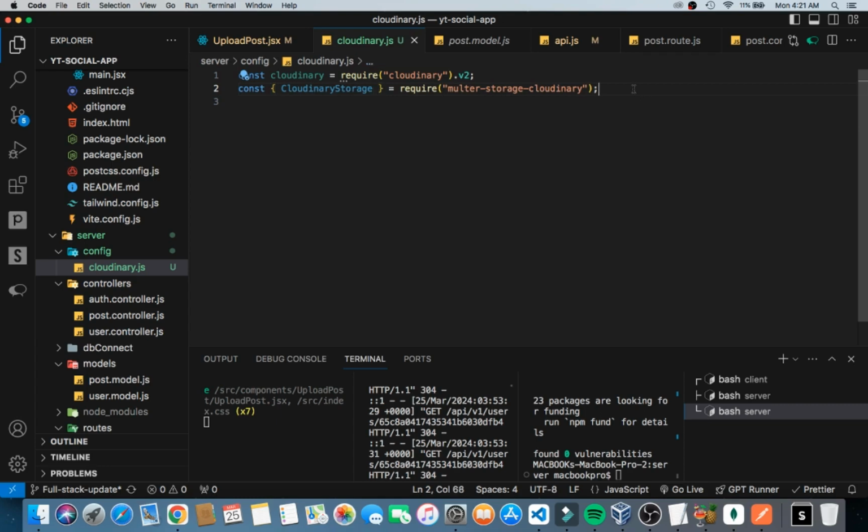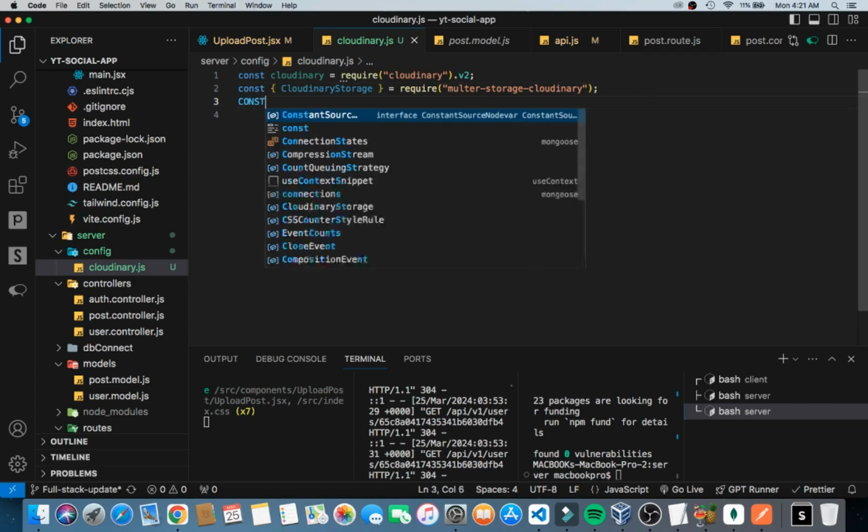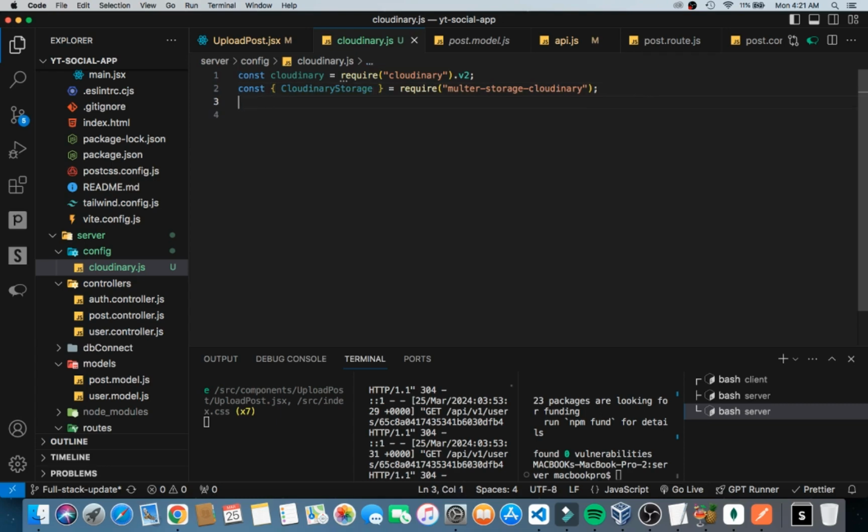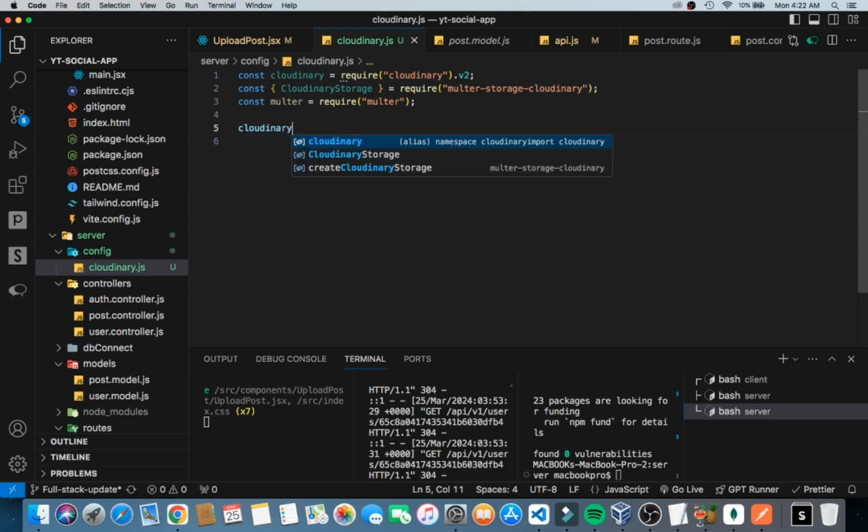Now that we have this, we can now import multer. Require multer. Alright, now that we have this, cloudinary.config,